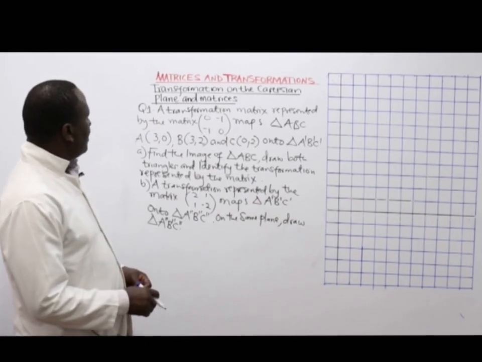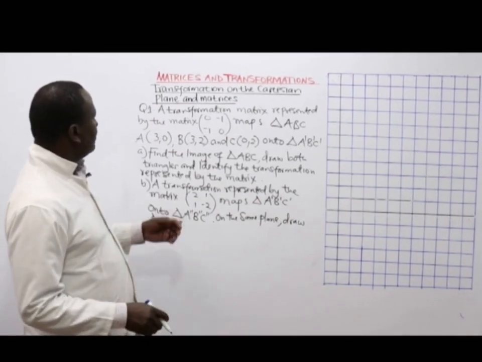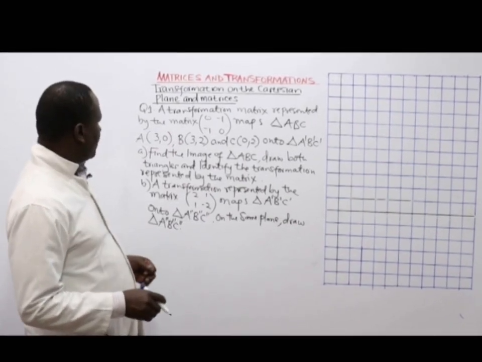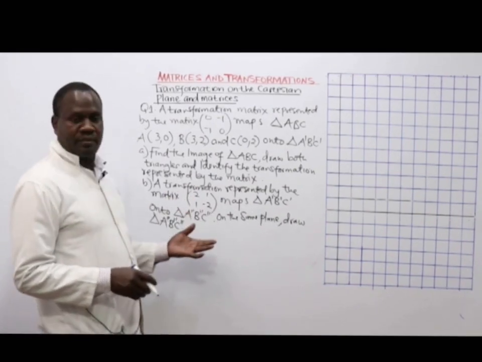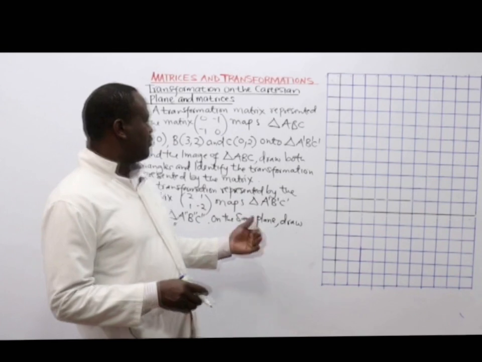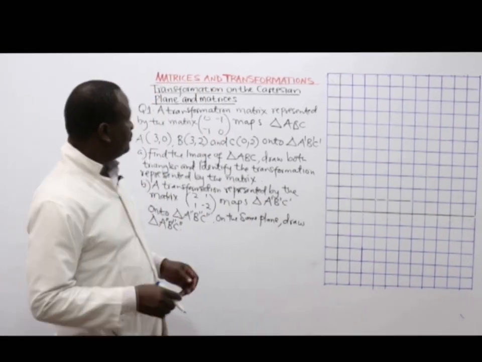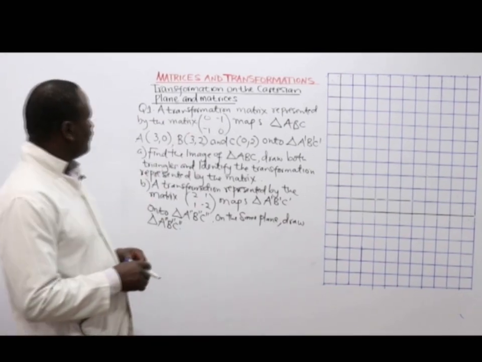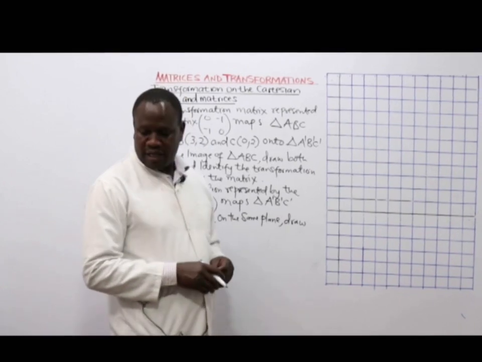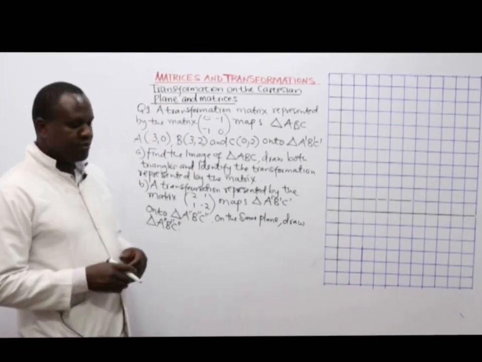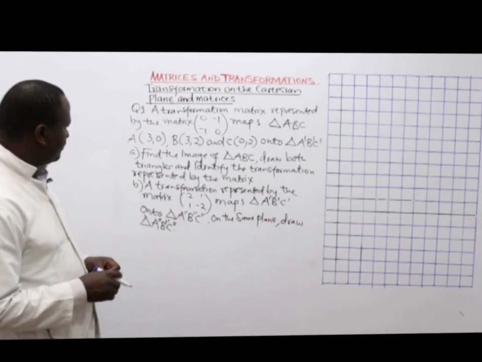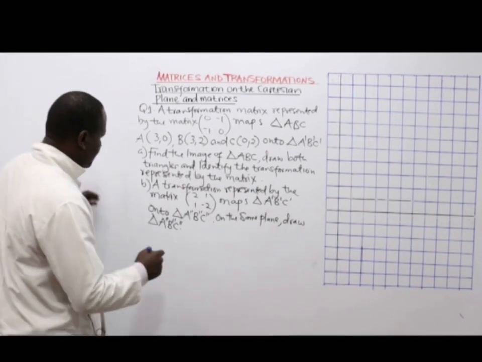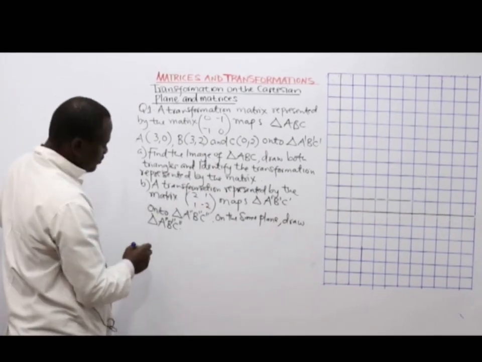So let's see how we can use the transformation matrix to get the image, followed by another transformation matrix that maps the other image onto another image. So we said a 2 by 2 matrix can transform any object into an image as long as you multiply the row by the column. Now, the matrix should be on the left hand side